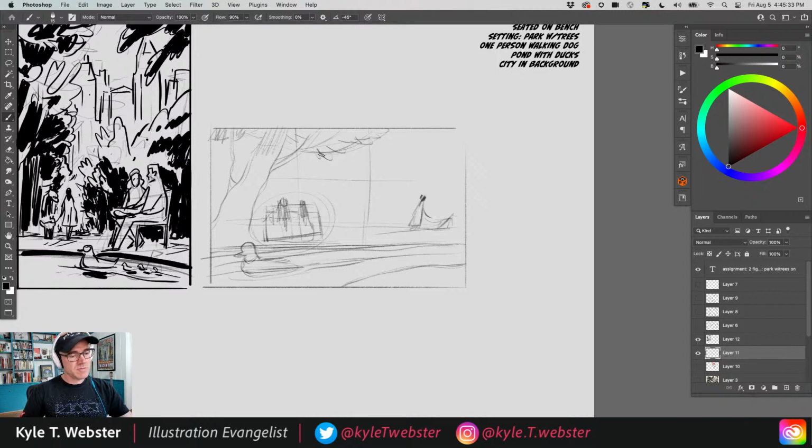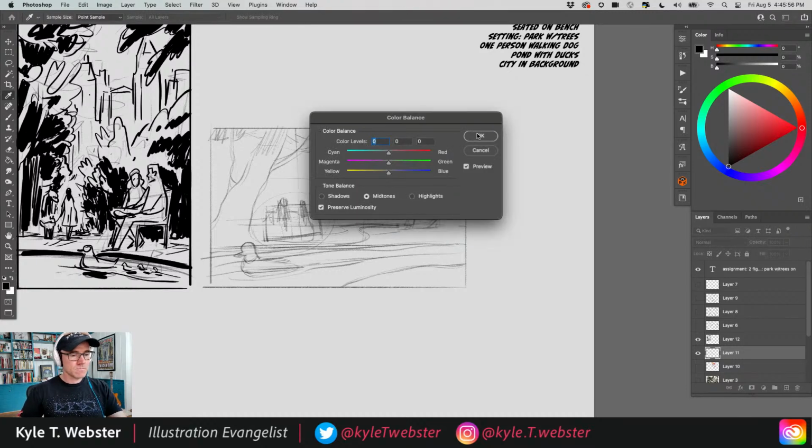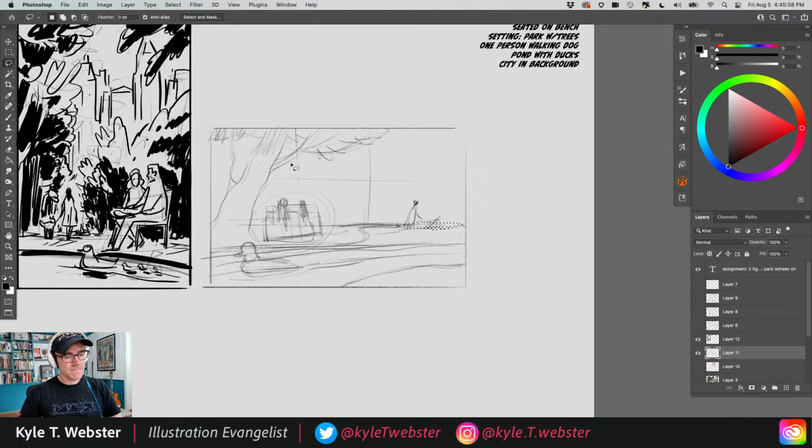And maybe it'd be nice to sort of design a path. So from here, there's like a sort of a thing that goes that way. And that'll make these people a little smaller as they're walking away on the path there. Okay. And then